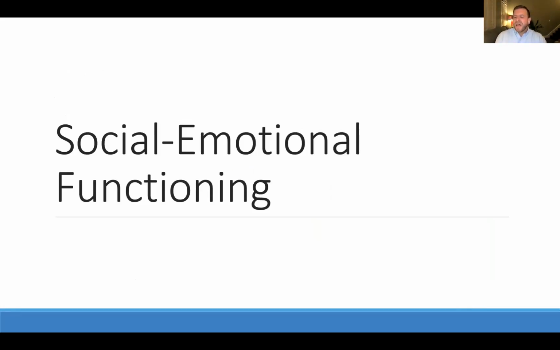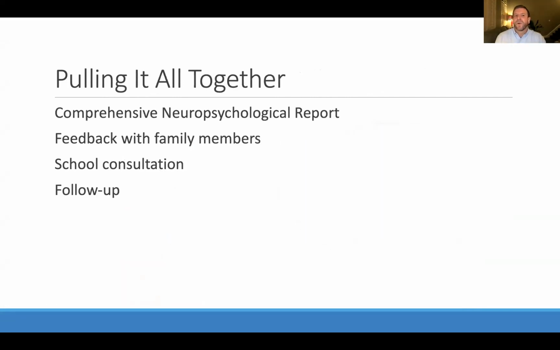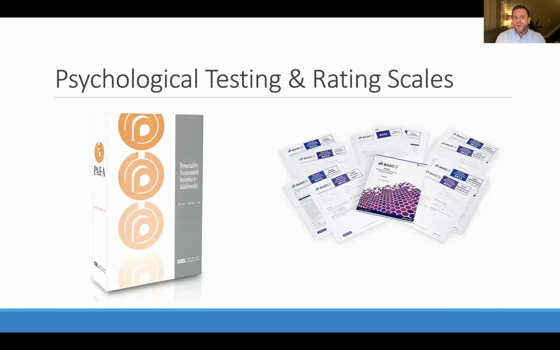I'm not going to spend a lot of our time today talking about social emotional functioning, but I just want to put a pin there so that you know that when we have a thorough neuropsychological evaluation, there should be other instruments that look at this, and not just a clinical evaluation, but using rating scales to see how a child or adolescent is functioning in school settings, maybe giving them self-report scales if they're old enough and able to complete those.